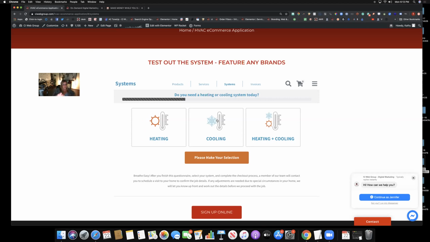By the way, this section by itself can be added as an element on the homepage of your website, or this whole system can be put on a page called Shop. So we could do /shop, and we could make it part of a full e-commerce option, or we have the ability to place this on interior pages throughout the website. So if you don't have strong call to actions throughout your website, this is something that can easily be placed on more than one page.